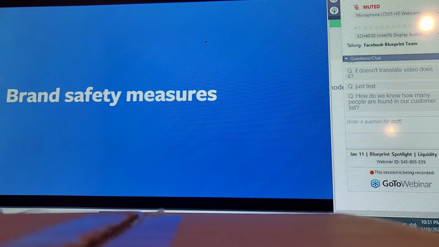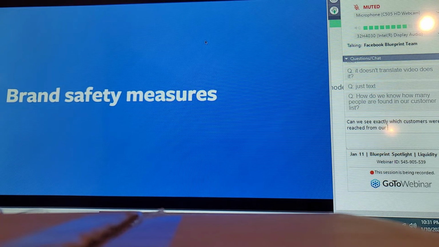Now, this is the last topic of this session, which is brand safety measures. As I told you, in the placement scenario you should go and use automatic placement. When you go with automatic placement, there are multiple platforms where your ads can go, like Facebook, Instagram, Messenger, and Audience Network. For Facebook, Insta, and Messenger, no issues, but for Audience Network, your ads are placed on other people's websites or apps which are very popular and have huge traffic. Now, let's say your client is not very comfortable